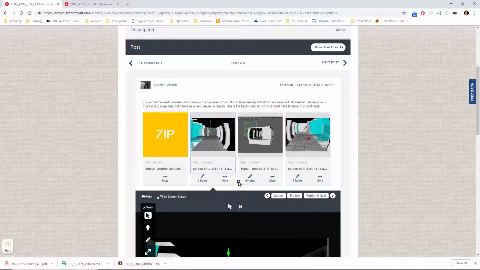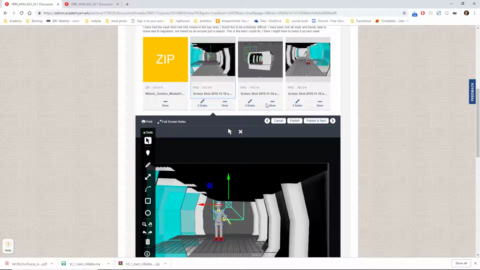This is Gordon. You mentioned the smoke in the area caused you some problem. If you want to resubmit this after you've had more time on it, you can certainly earn a better grade if you're able to improve it significantly. And you won't be penalized considering the fires interfered with your work. So, anyway,